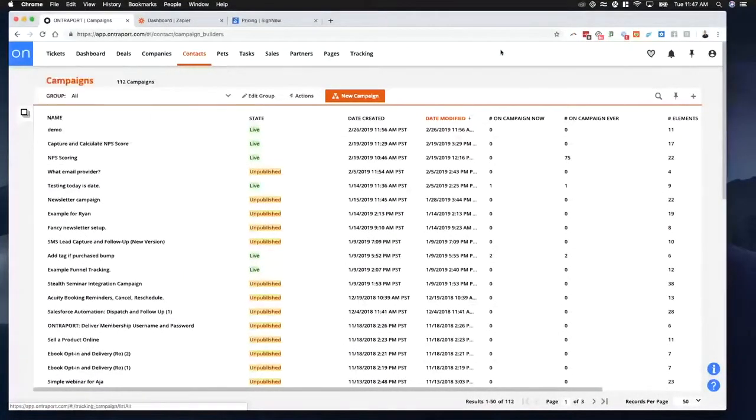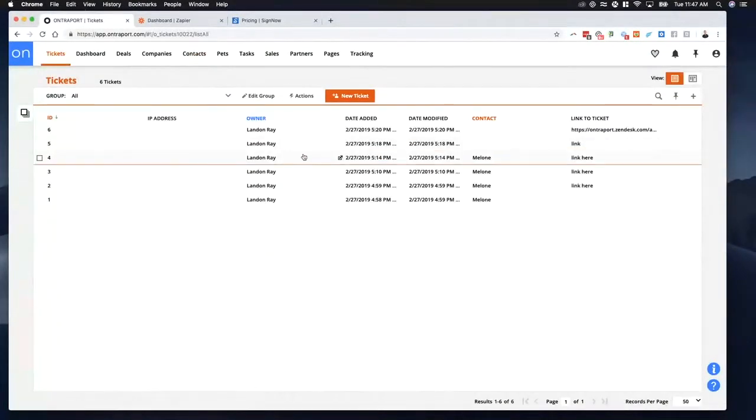I created a new custom object called tickets. I had this idea that I want to integrate our Zendesk tickets into our own Ontraport account. Why would I want to do that? Well, our support team doesn't need that, because our support team uses Zendesk to manage the support tickets. But